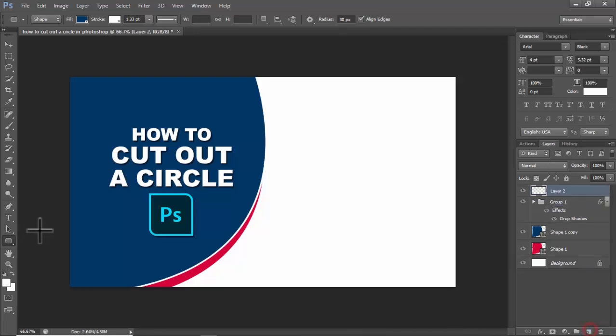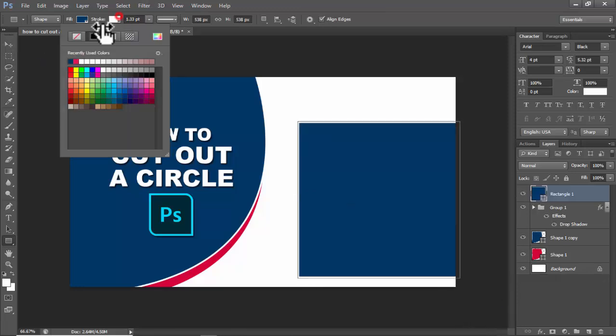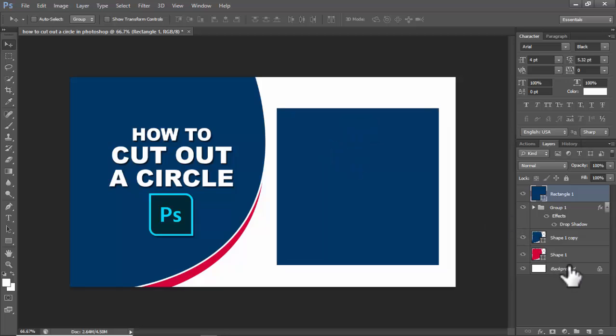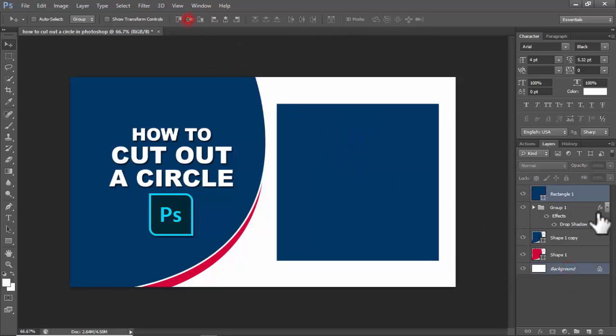Let's begin. I create a new layer, then select any shapes. Hold Shift, click and drag on your mouse. Without stroke, select the Move tool, hold Ctrl, select the background. Align, then